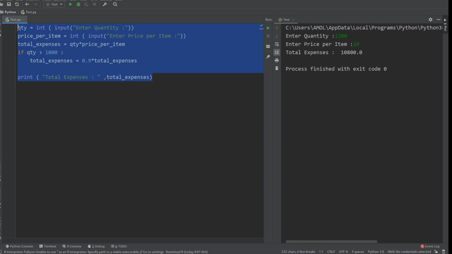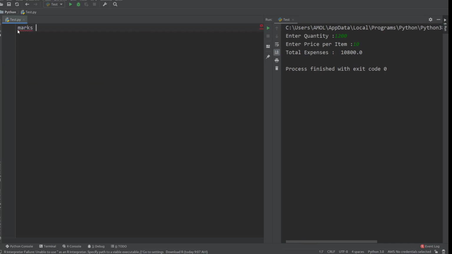So here you can see, we are entering one variable, say marks, from the keyboard, and here we are checking if marks is greater than or equal to 35. Then we are printing pass, and in the else case we are printing fail. So there is one if block and one else block. Block means you can add any number of statements here. Right now we are writing only one statement.